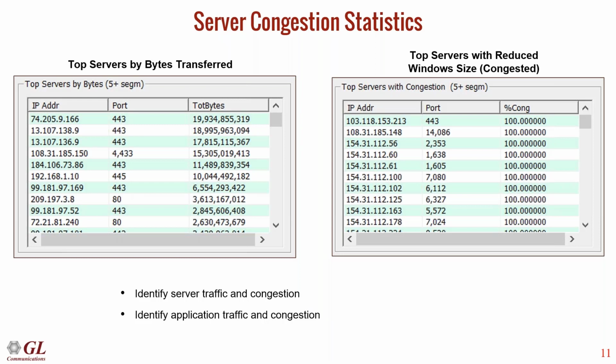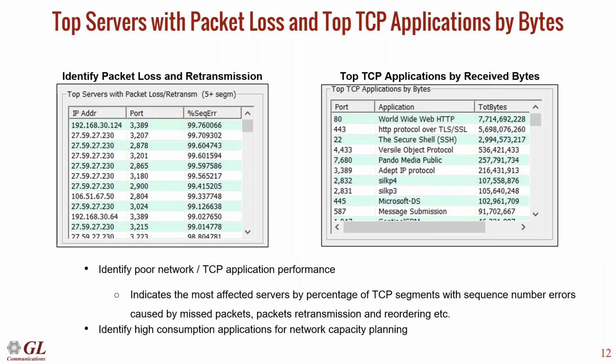And if I consider one more window, that is our top server with reduced window size, that is congested. Like I said, server traffic congestion. If there is any congestion in the server, we can identify which IP address and which port number is causing a huge amount of traffic congestion. Not only with respect to how much data has been transferred or how the traffic has been congested, we are also providing statistics about packet loss, some of the top servers which cause packet loss, and some of the top TCP applications which are using